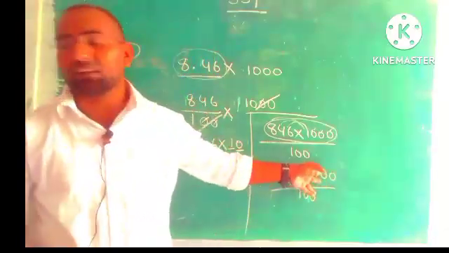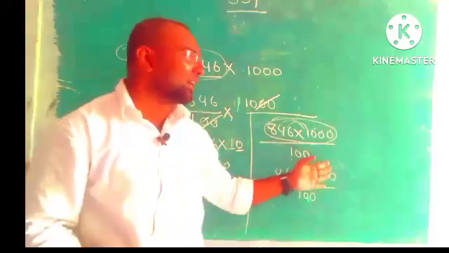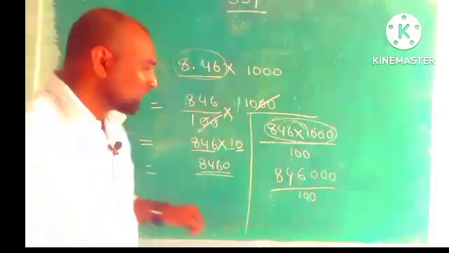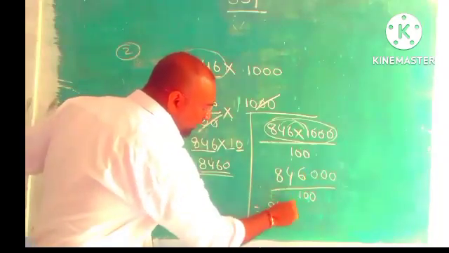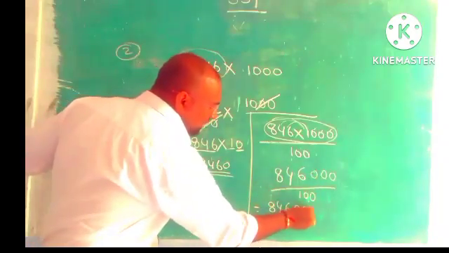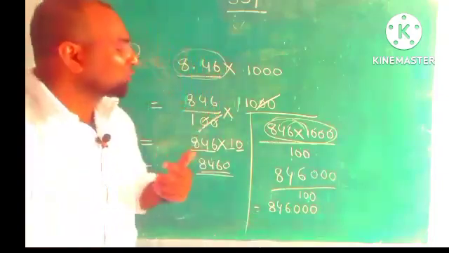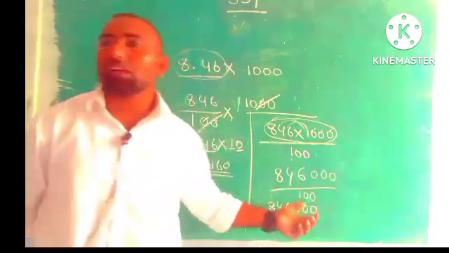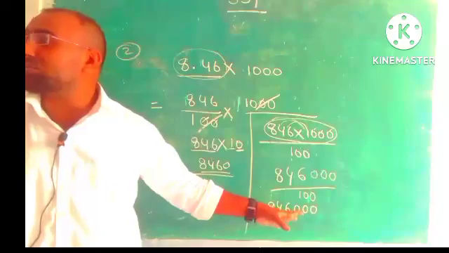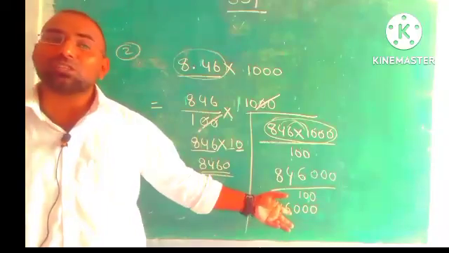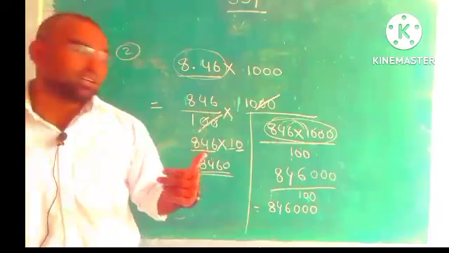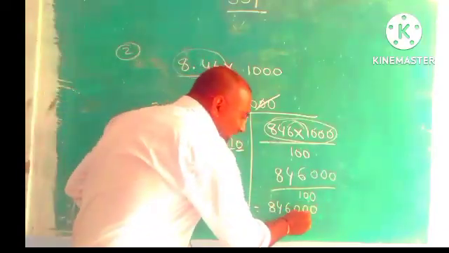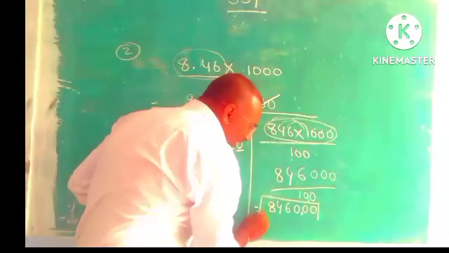And the method I told you, if we have to apply the decimal, how to do that? First of all, we have to write down the numerator. So what's the numerator here? 846,000. Now how to apply the point? Just check in the denominator how many zeros are there. How many zeros? 2. So after how many digits do we have to apply the point? 2 digits. First digit, second digit, and after that apply the point.